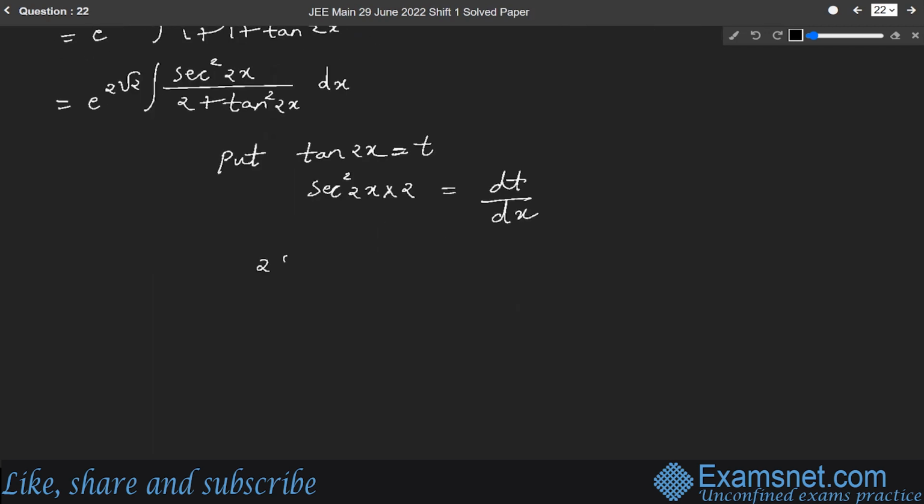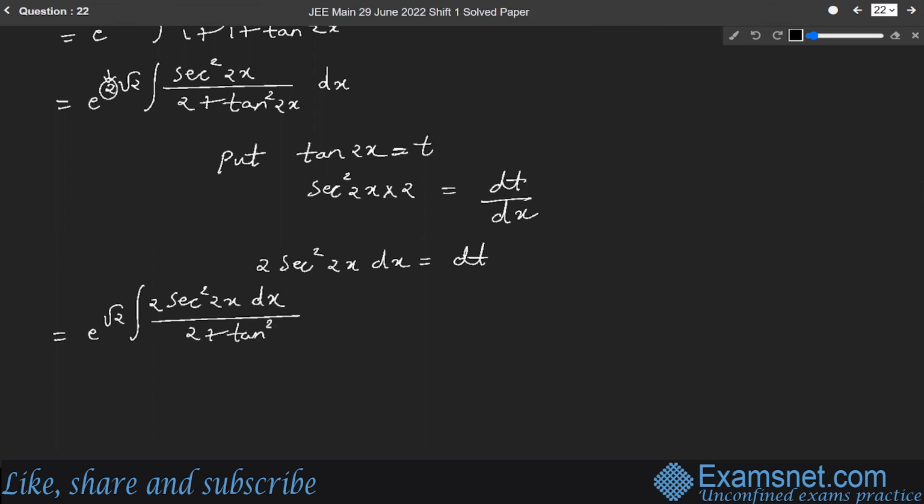So 2 sec square 2x dx will be equal to dt. We have the value for 2 sec square 2x dx. Now we can take this particular 2 inside the integral. So it will be e power root 2 into 2 sec square 2x dx divided by 2 plus tan square 2x. So it will be equal to e power root 2 into integral of